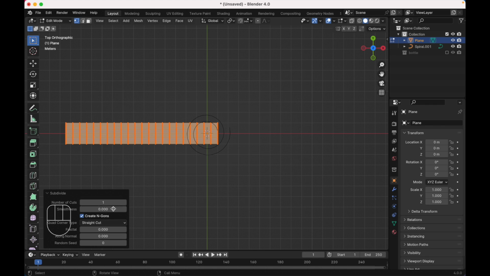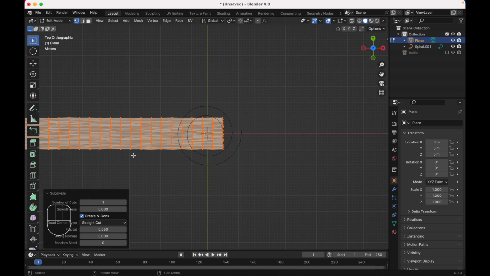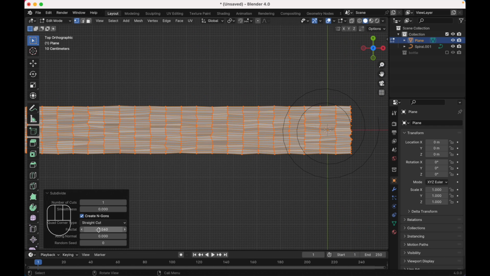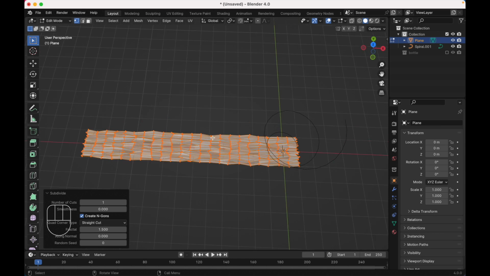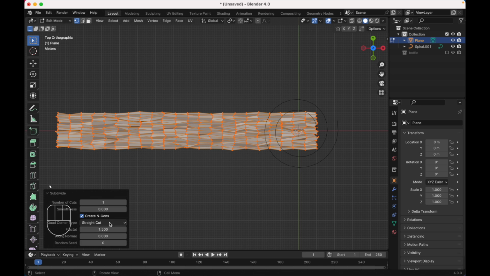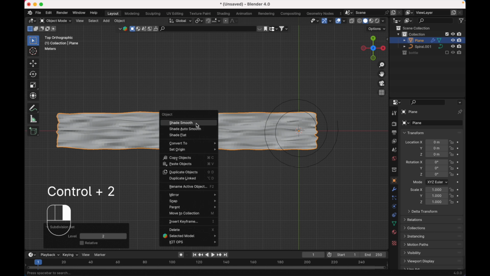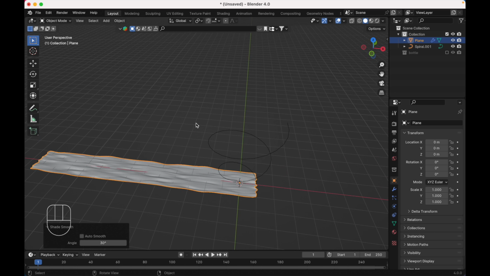And for this subdivide, as you can see over here at the fractal, we need to increase the fractal. Maybe 1.5. Yep. Increase the fractal 1.5, just like this. Now back to the object mode, press Ctrl 2 to add a subdivision modifier, right click, shade smooth, and at this point,